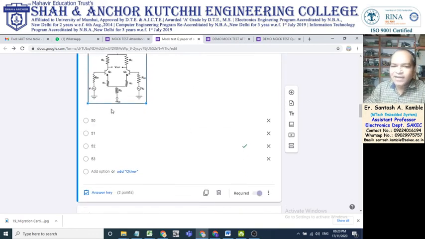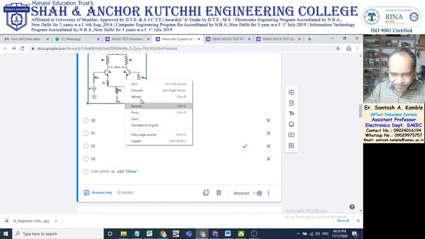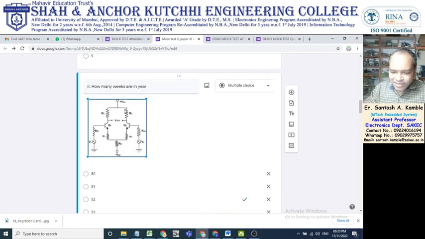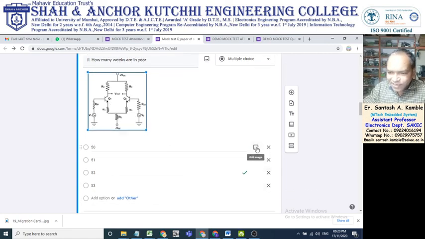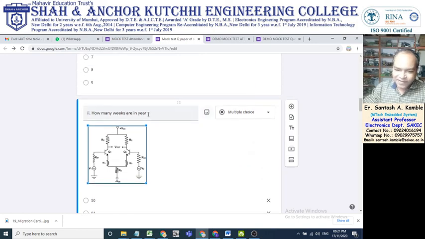And if you want to remove the image, I will remove it from question paper. Or if you want to add it in answer, you can add from here. From here you can add the images in answers. If you want to add the image into question paper, you can add it here.